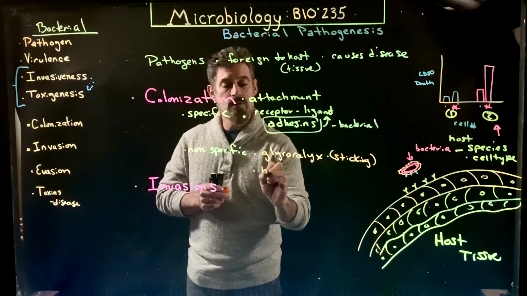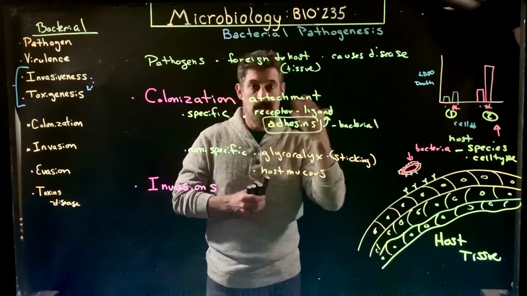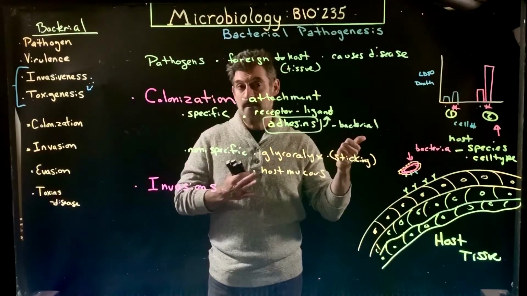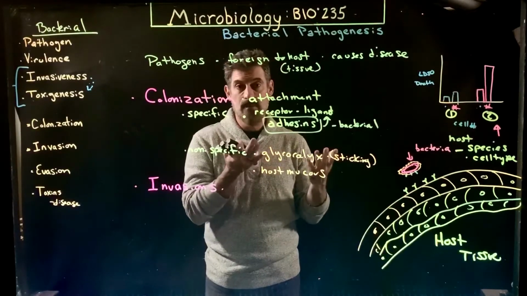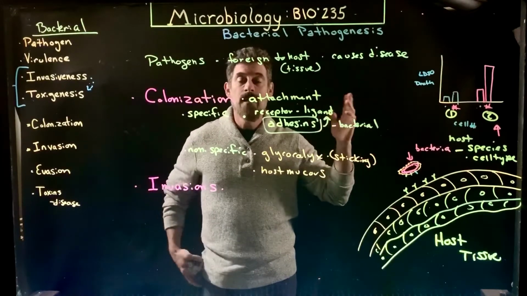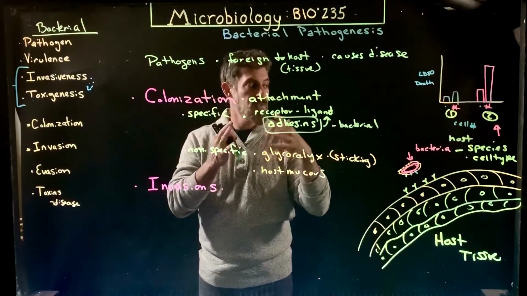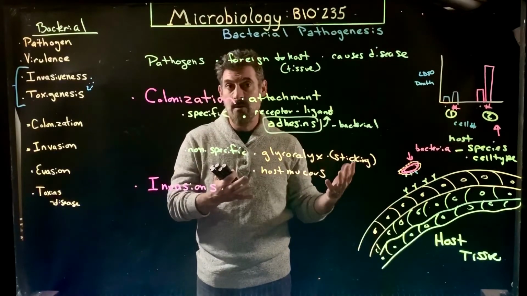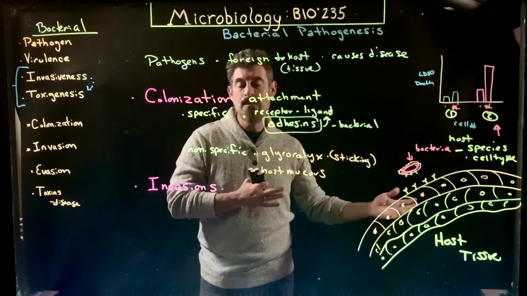In addition to that, the host mucus that lines, say, respiratory passageways, bacteria can get stuck in that. Now that can have two effects. One is it can destroy the bacteria, or it can actually just provide a nutrient-rich, broth-like environment for the bacteria to grow if they can evade, which we'll talk about, the host defenses. It's almost like the host is sticking the bacteria, like flypaper, and the bacteria are just stuck there, and then they start to grow because they can tolerate that environment. They actually like that particular environment, and then it can lead to invasion or other problems.